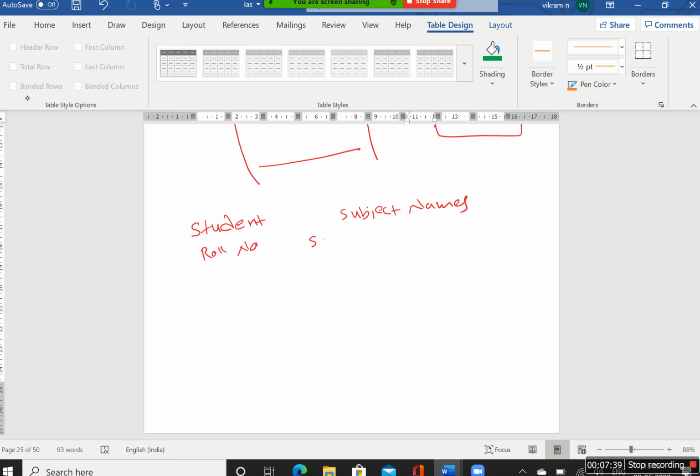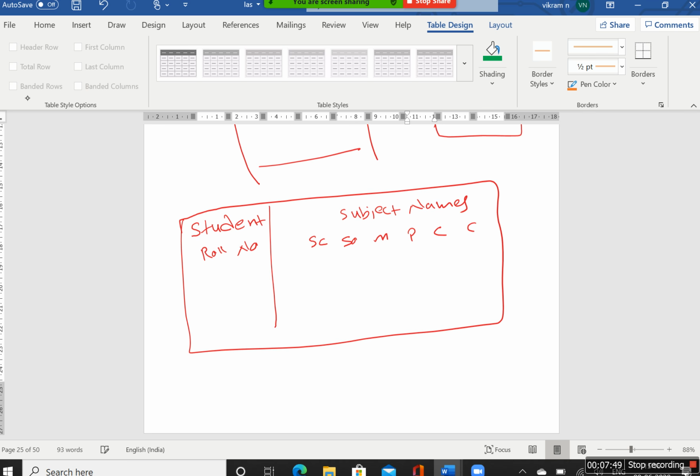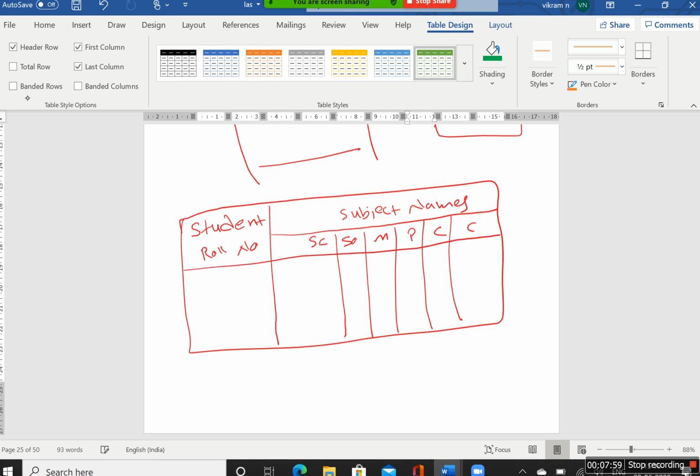For example, science, social, maths, physics, chemistry, computer, like this I require. I want border here like this, and I want this and this. See the difference. So roll number 1 in science 25, 35, 45, 16, 11, 13.